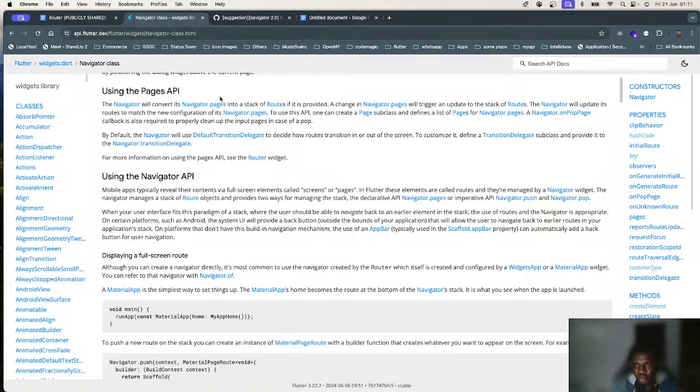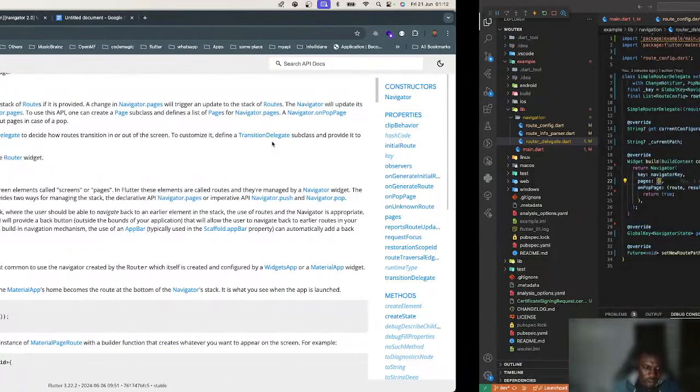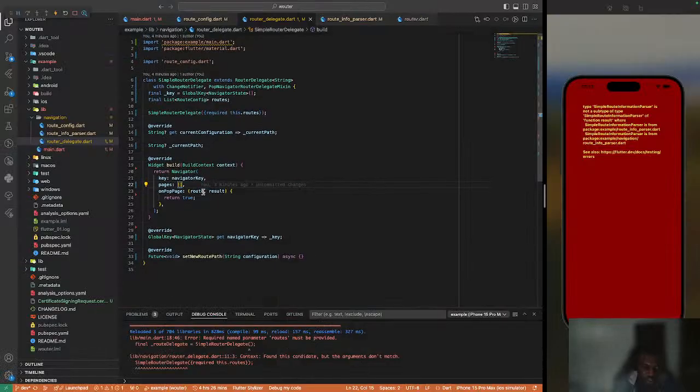Convert the stack of pages into a stack of routes. A change in pages will trigger an update to route. The navigator will update its route to match the configuration, and so on. You can create a page class and define a list of pages in an onPopPage callback, some default transition delegates, and whatnot. Okay, so if I'm going to match this, I could do